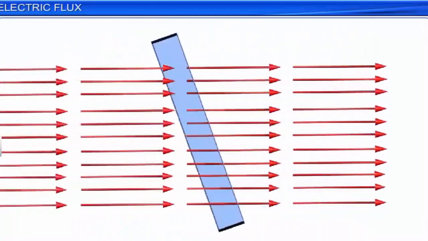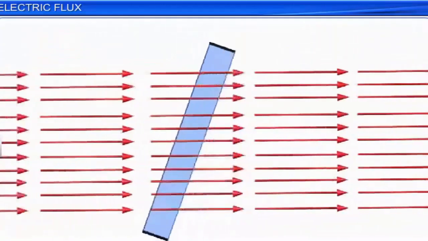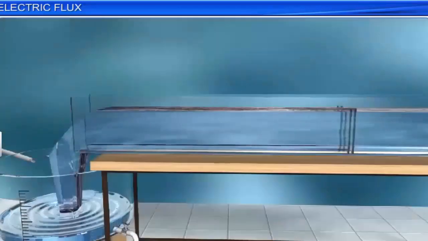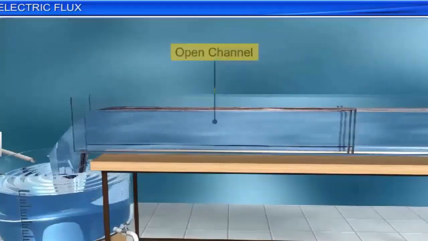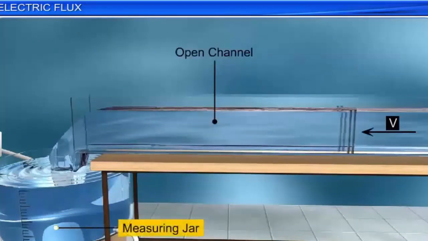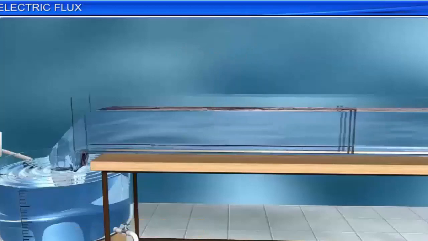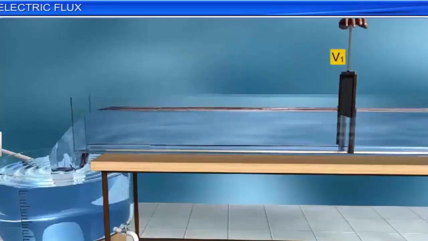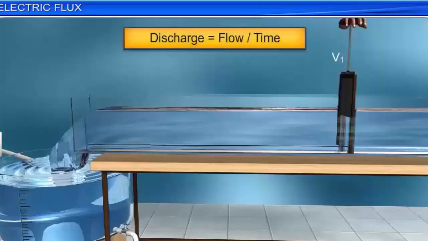Let us use an analogy to understand electric flux better. Consider water flowing through a rectangular open channel at uniform velocity and draining into a measuring jar. A valve, V1, is introduced to regulate the quantity of water flowing into the channel. The discharge, which is the quantity of water flowing per unit time,